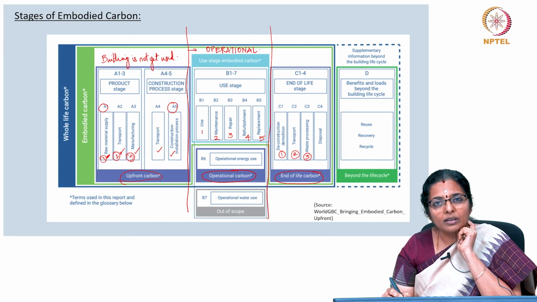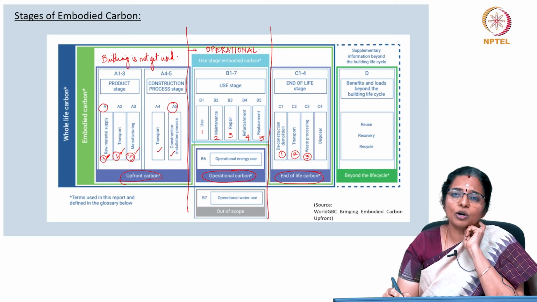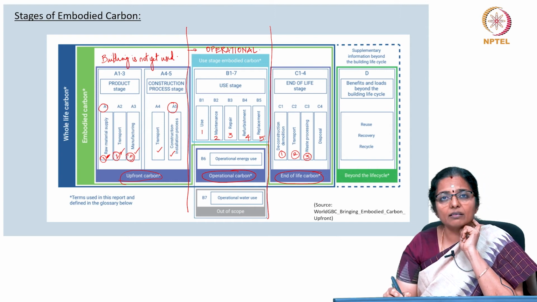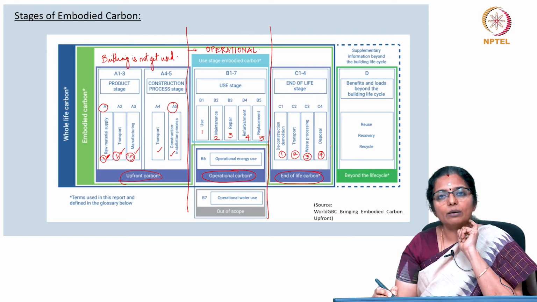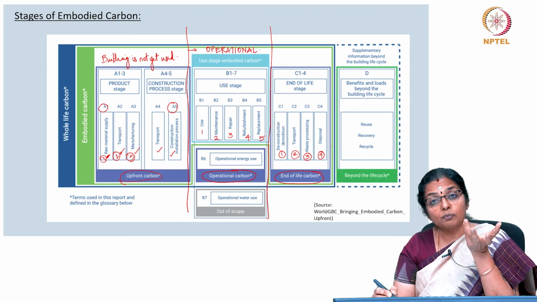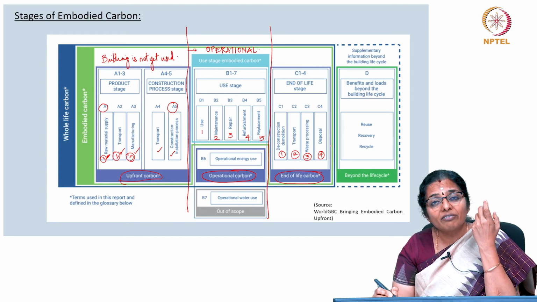Do I powder the construction waste demolition, or do I smelt the aluminum? What do I do? And then fourth is disposal of that product or disposal of the associated waste